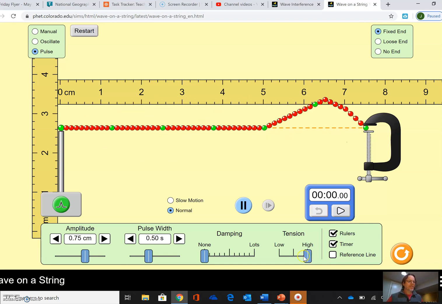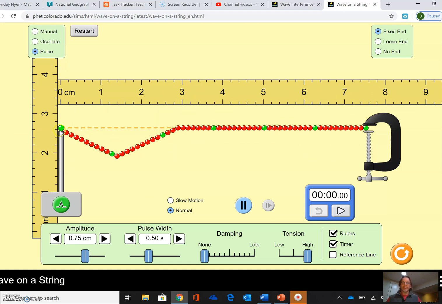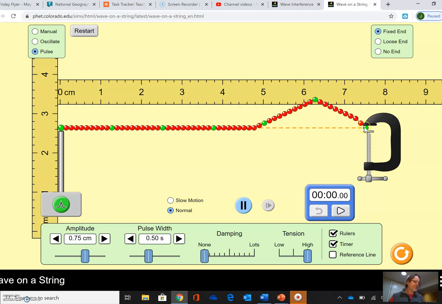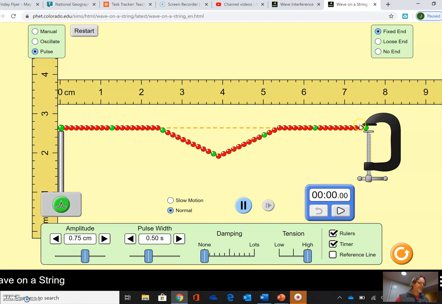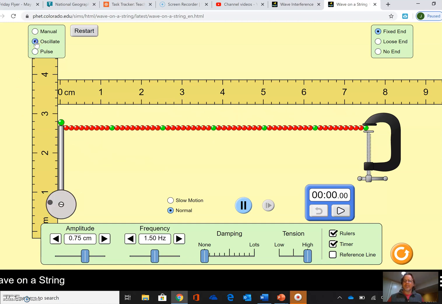So here's my point. Now that I found that the speed of this wave is 6.3, I can go back and find a wavelength that's going to reflect nicely back and forth to make a standing wave. If I want to make a wave where I get an up and a down on this, so I have two antinodes, a full wavelength, that means my wavelength would be 7.5 centimeters. So I took my velocity from my wave equation, my 6.3, divided it by the wavelength, 7.5 centimeters. That's 6.3 centimeters per second, by the way, and I got 0.84 hertz. So what that means is if I go to oscillate now,